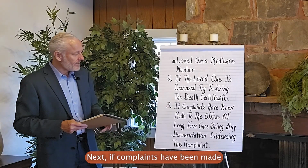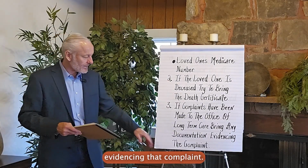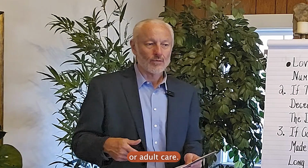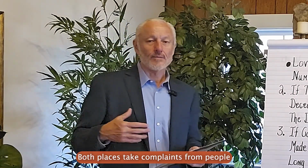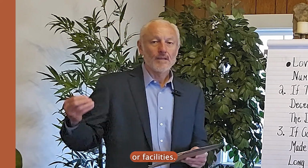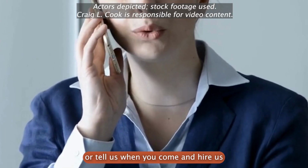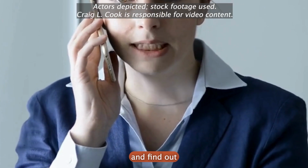Next, if complaints have been made to the Office of Long-Term Care, bring any documentation evidencing that complaint. What I mean by that is this: in both Arkansas and Oklahoma, you have an Office of Long-Term Care or adult care. Both places take complaints from people who complain about the particular nursing home or facilities. So you want to make sure that if there have been complaints made, tell your lawyer that you hire, or tell us when you come and hire us, so that we can obtain those complaints